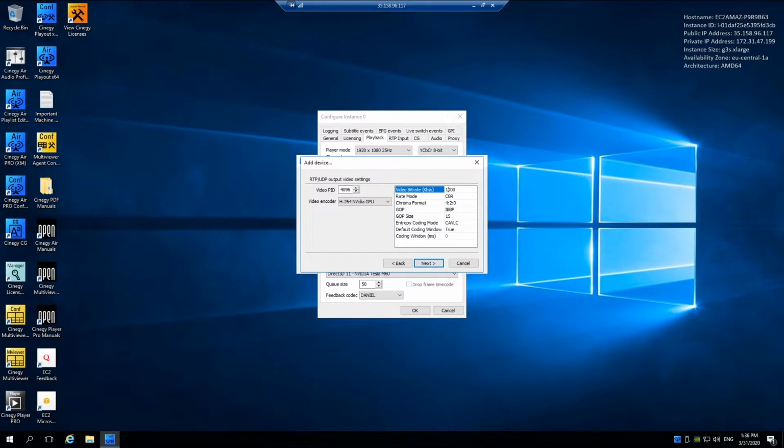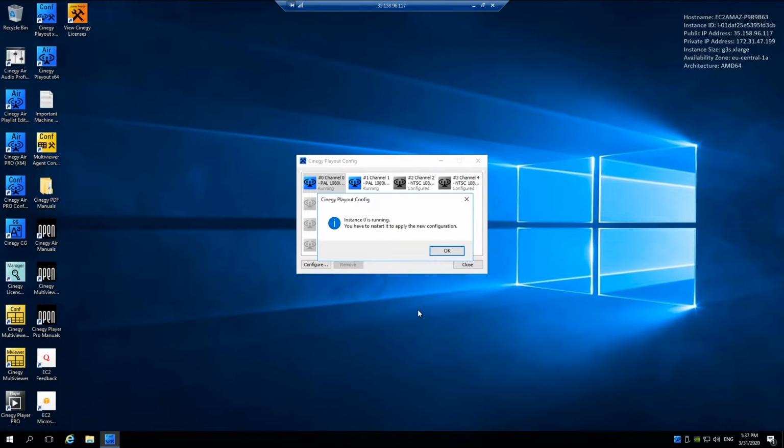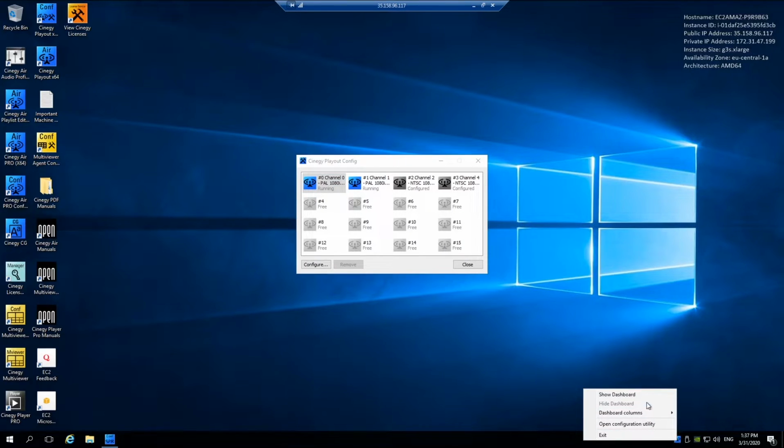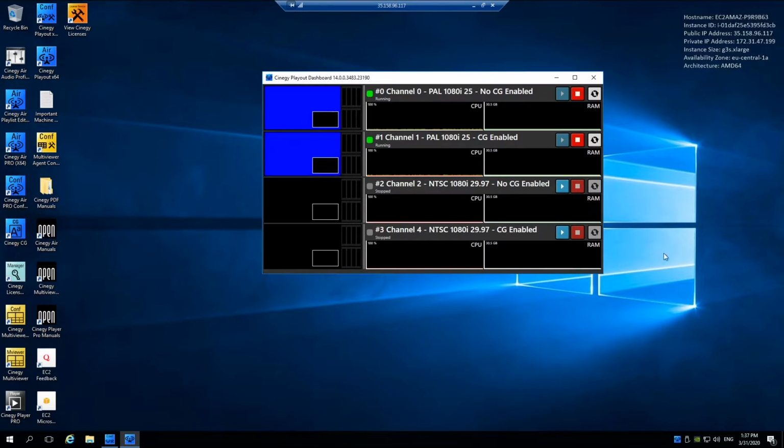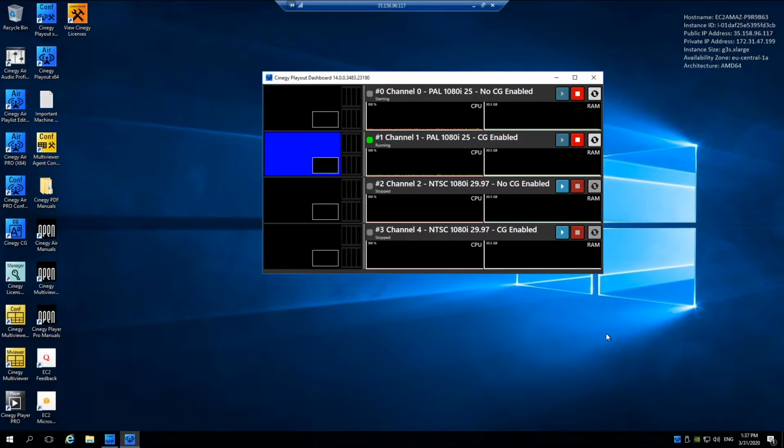Next onto the audio, and finally the summary for this additional output. I need to restart the engine for this to take place. I right-click on the engine icon and select Dashboard. Here you can see my instances, and I simply restart instance 0. Now that the engine has restarted, we can see the usual blue output of an engine that has no playlist